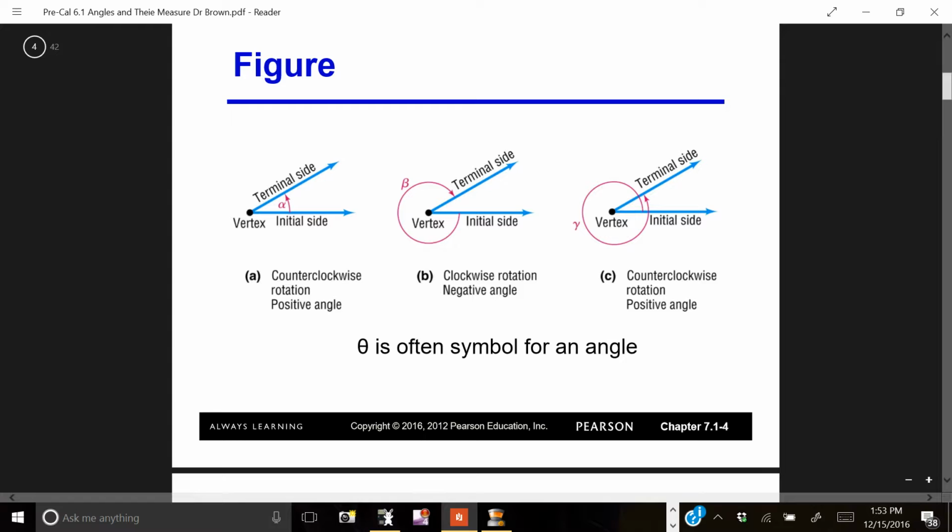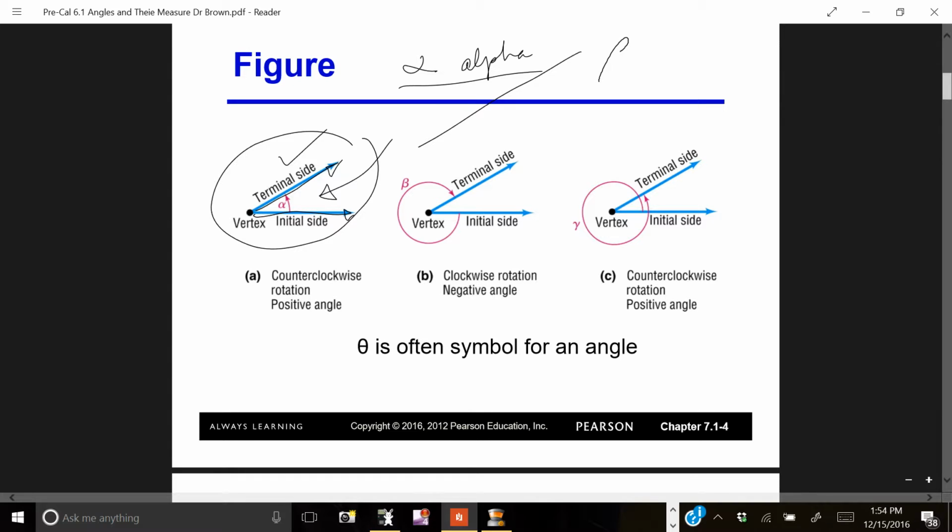Now, some more terminology. We have an angle here. We have a ray, which we call the initial side of the angle. And then we go a certain number of degrees to the terminal side of the angle, and we call this angle alpha. Alpha is just a symbol for an angle. We can also use a symbol beta,